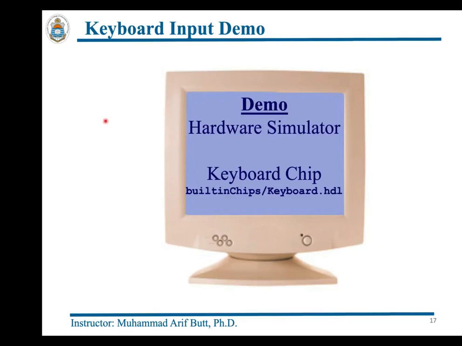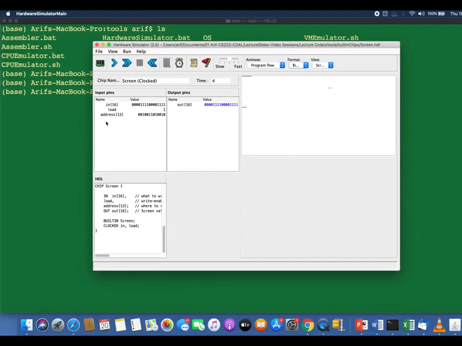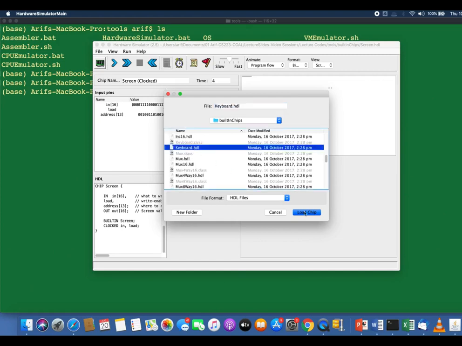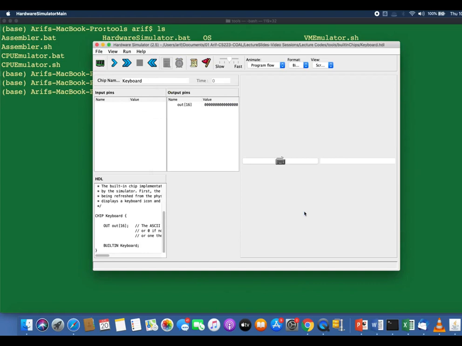Okay, so now it is time again to have a demo of the built-in keyboard chip on our hardware simulator. Let me load the keyboard chip. So the keyboard chip is over here, keyboard.hdl. Fine.